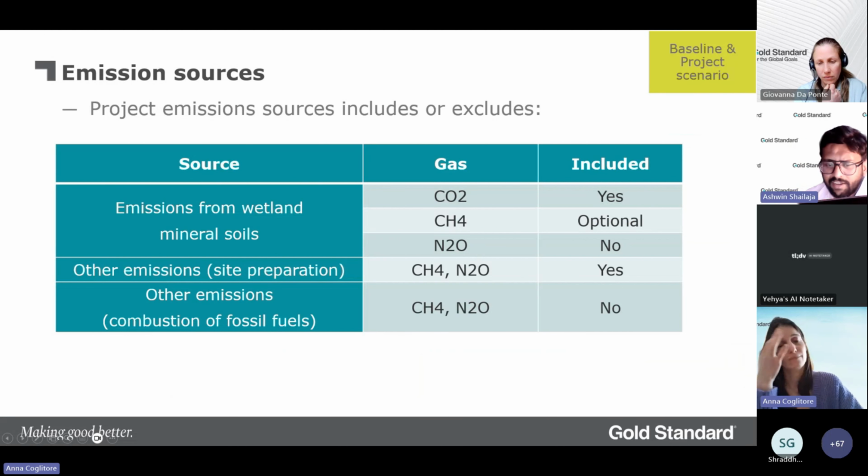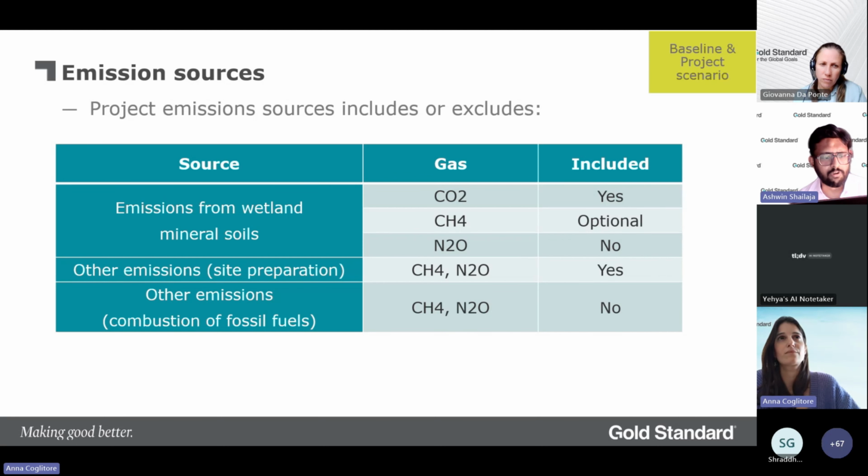So in case there are emissions of methane, it has been found that certain species of mangroves can actually result in higher methane emission as compared to baseline. And if it is found to be significant, then methane emissions are to be accounted for. It depends on the region, the area, as well as the species which have been used, and one may refer to peer-reviewed journals, etc. And the PD needs to demonstrate that the expected emissions from methane have been accounted for or are considered to be insignificant.